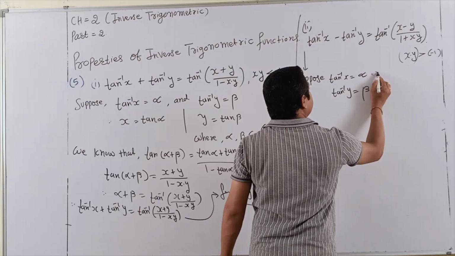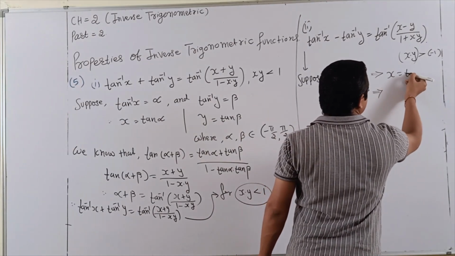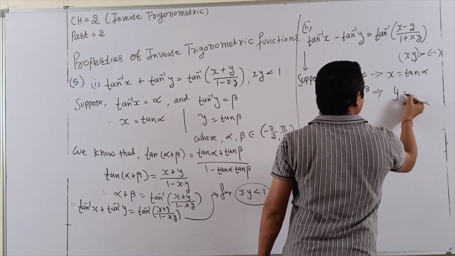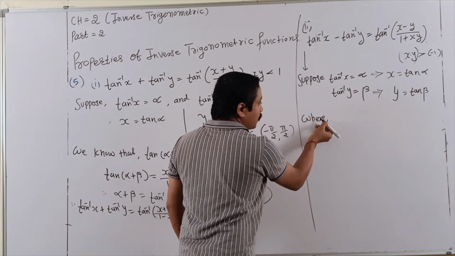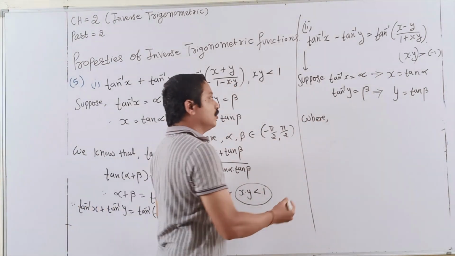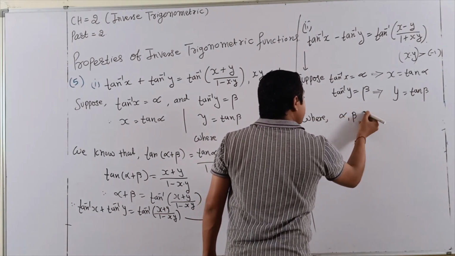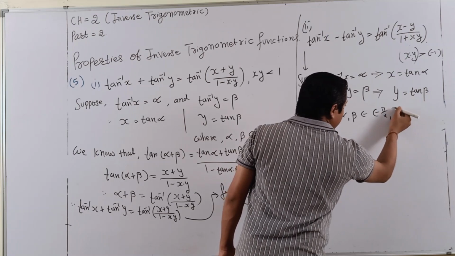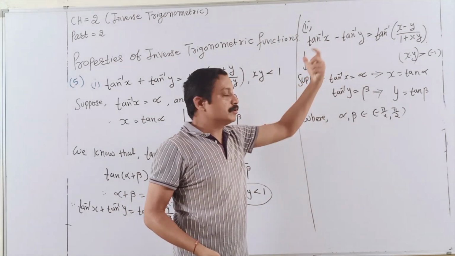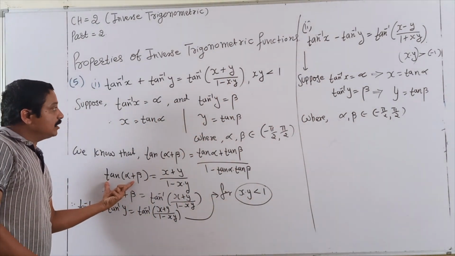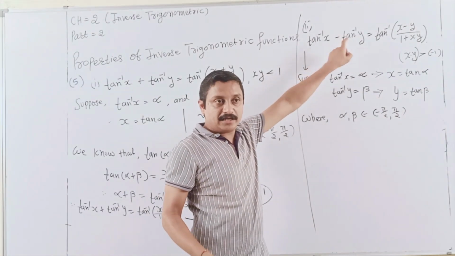Finally, you just create two values: x is equal to tan alpha and y is equal to tan beta. When necessary, write down the range of x and y; alpha and beta belong to minus 90 to 90. Now, create this value in the form of tan of alpha plus beta, because here the middle sign is plus, and I am putting minus here.